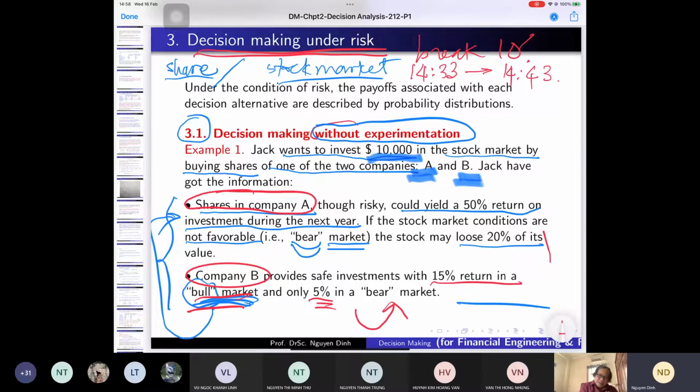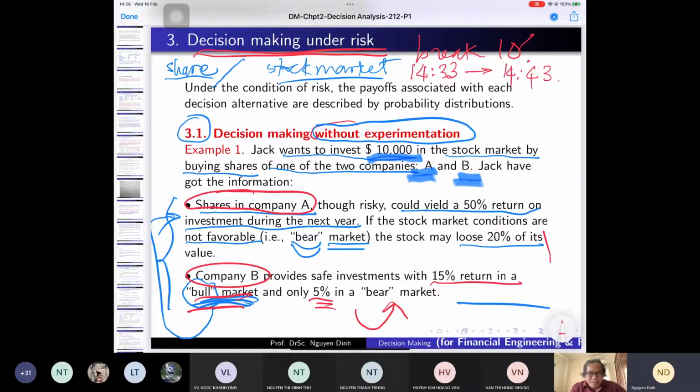Of course, it means that we make a decision. In this case, we don't have any more investigation. We don't have any more information; the information we get is just like this. I don't know whether next year will be bull or bear. But if you are a person who likes to take the risk, that's okay. You choose A. Either we get $5,000 or we lose 2,000. That's no problem.